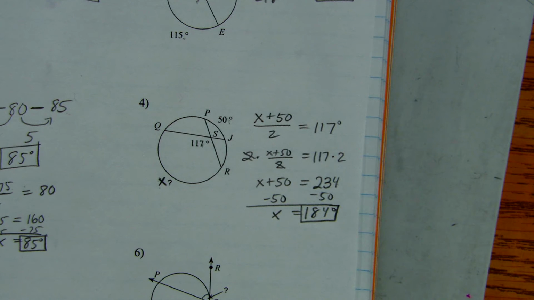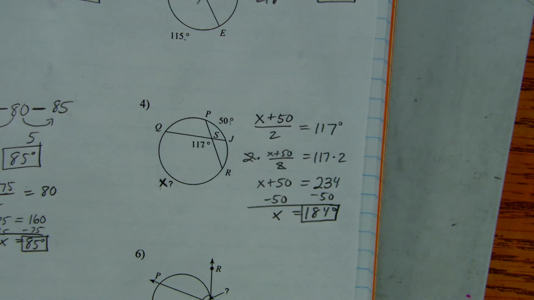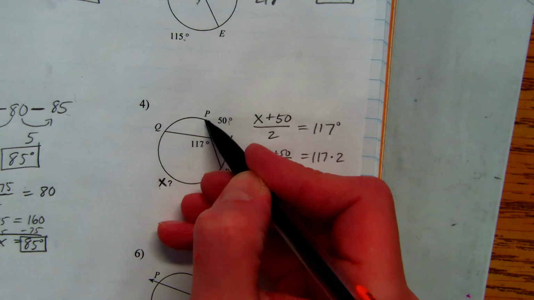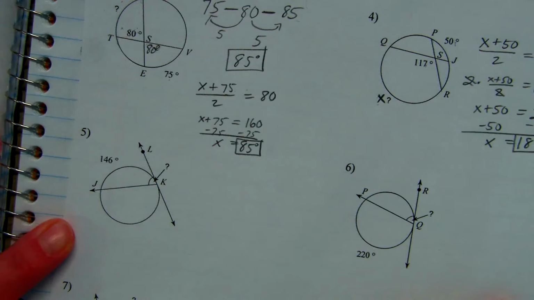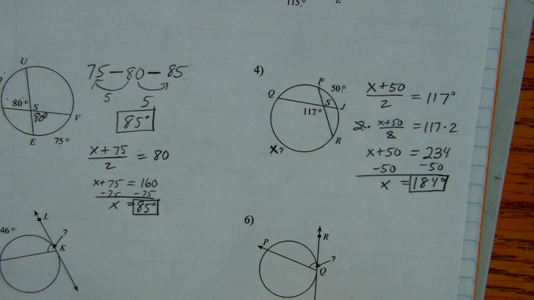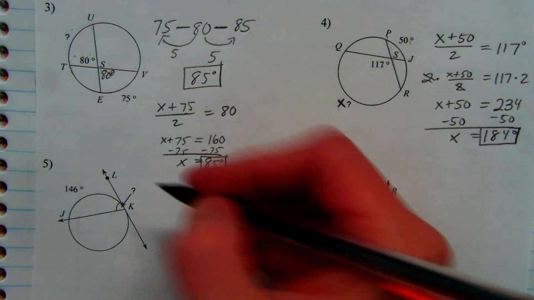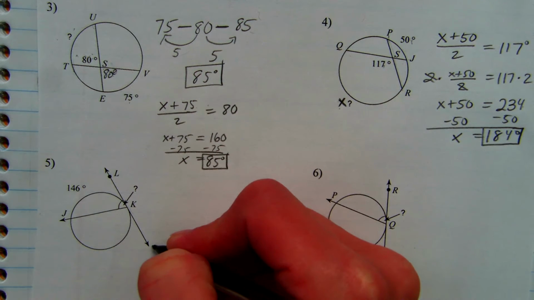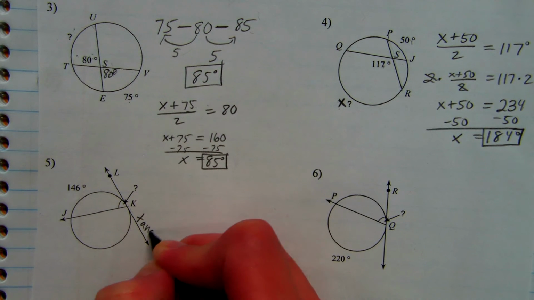Okay, so let's take a look at something different. So these are called chords, and they stop when they get to the edge of the circle. I always think of them as being like guitar strings. They just go across and then they stop. We have a couple of different types of things in the next picture. This line just touches the circle at point K, and that is called a tangent line,